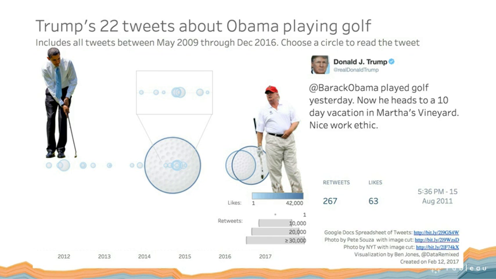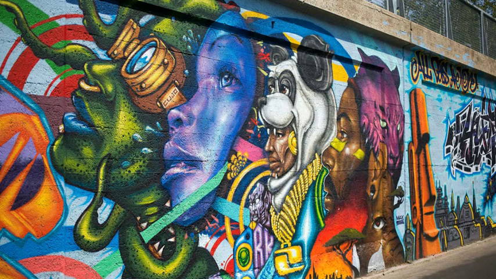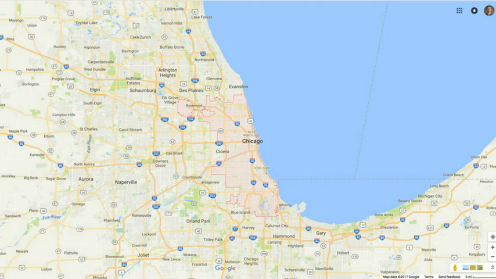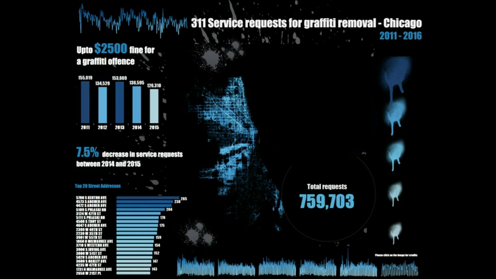Here's an example I just love. Now, this is about graffiti in the city of Chicago. Chicago, as you know, is on the southern shore here. You can see the shape of Chicago, and here's a map of Chicago. It turns out that Chicago records and publishes data for how many times people call in and complain about graffiti. And Johnny Walker, who's a data visualization guru to me out in the UK, made a visualization about all of these works of graffiti, and you can see Chicago. It's a black background map. You can see the city here, and every blue dot is a place where someone complained about graffiti.